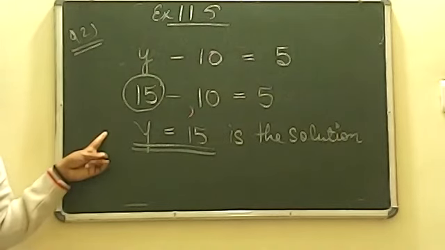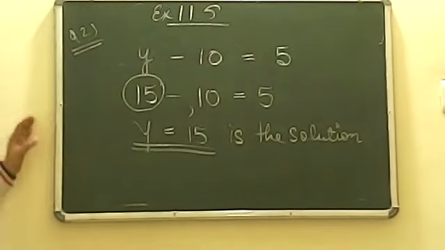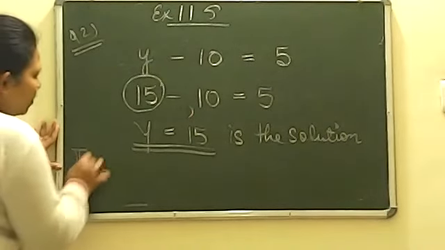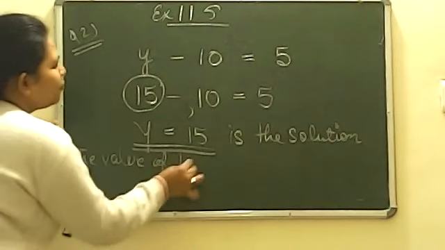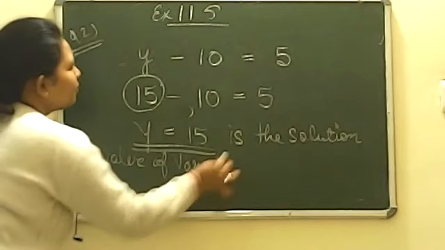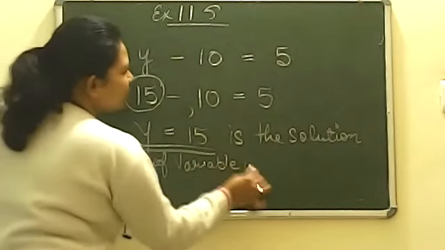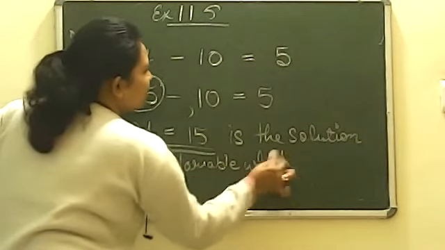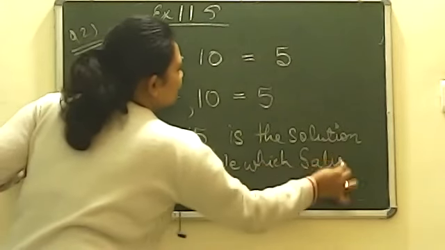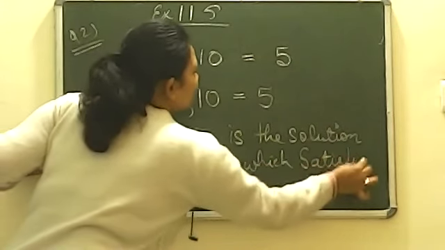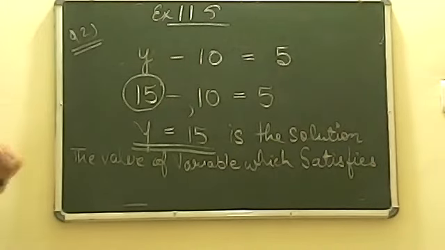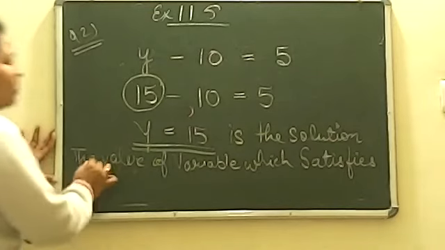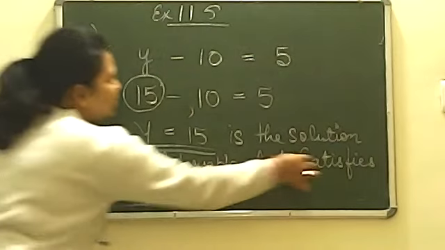The value of variable which satisfies. Satisfy means that you should get 5. If you are not getting 5, that means it is not satisfying your equation. Okay, so the value of variable which satisfy